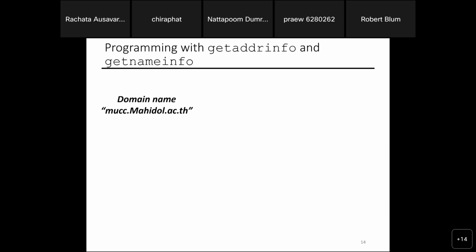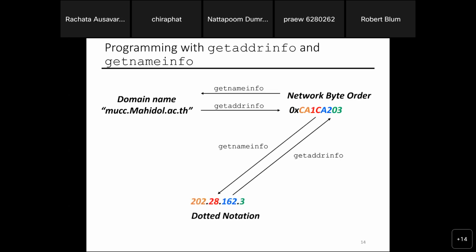So here, when you're coding, again, as I said, you can use getaddrinfo and getnameinfo to translate, and this is a graph, basically. Start from a domain name, getaddrinfo will give you the 32-bit address, which we call the network byte order.